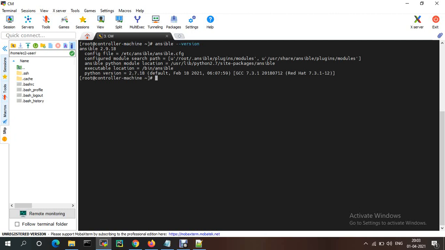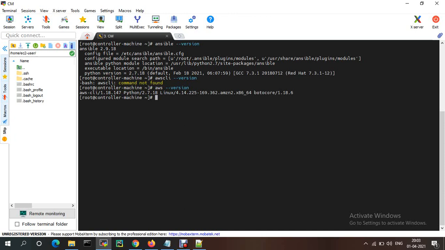To access that, AWS CLI is also already installed on this machine.